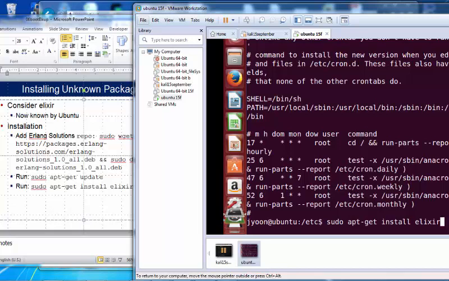We are now practicing installing a program which is not known by your Ubuntu. If it is known, then this works, and the outcome of this installation is that program running on your system, so it's much simpler. Does it work or is there any problem? Yeah, it's not able to locate the package, right?